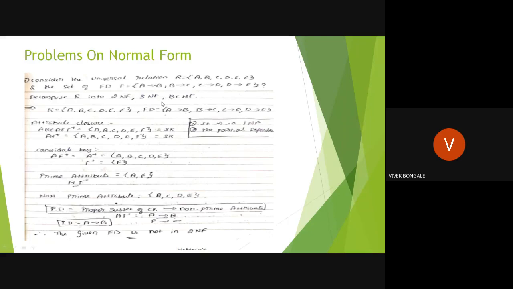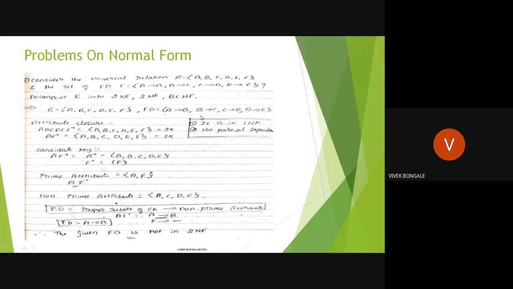Okay. With the help of B, I can determine C, which means with the help of A I can determine B, and so with the help of A I can determine C also, due to the transitive property, right? With the help of A I can determine B, so I don't need B, I will remove this B, right? So A determines B with the help of A only. I want to discard this B, right?